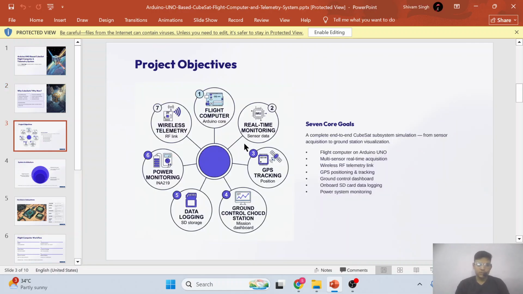This is the complete overview of my project, where we will use an Arduino Uno as the core computer, with real-time monitoring data, GPS tracking, a ground control system, data logging, power monitoring, and a wireless telemetry system which will deliver our sensor data using the telemetry RF link.